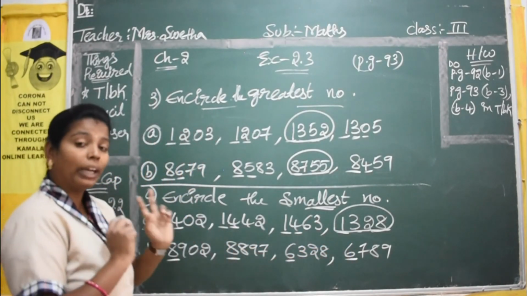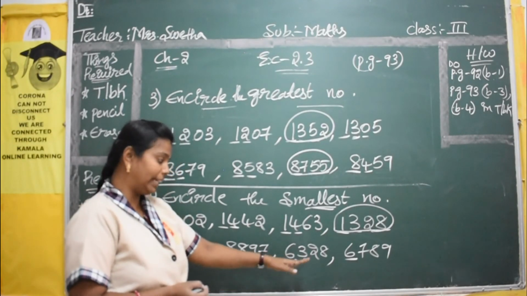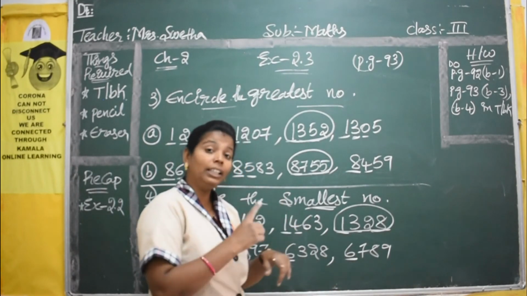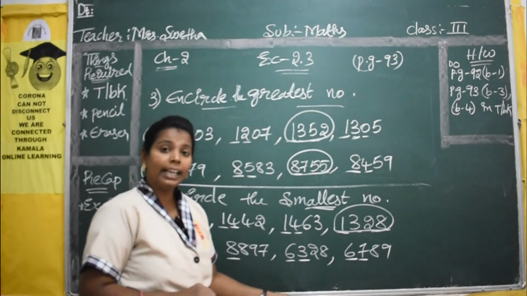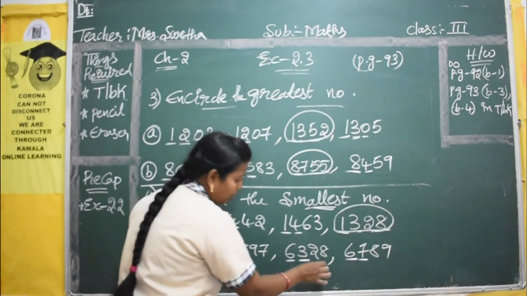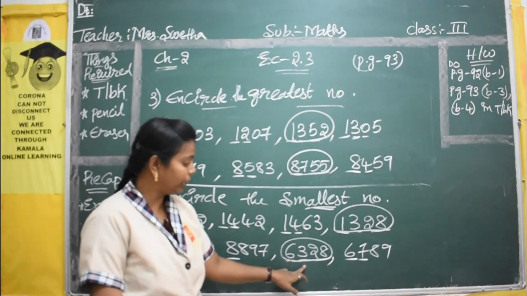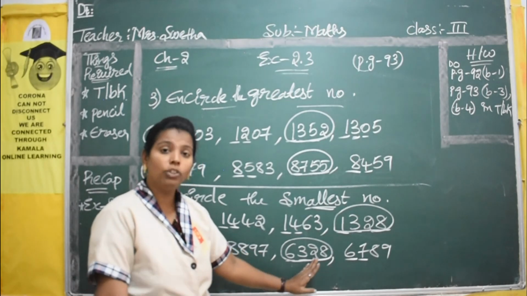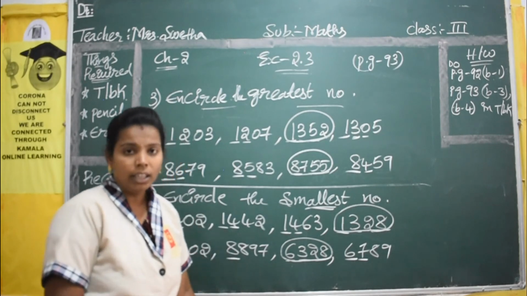In this, 2 8s are there, 2 6s are there. From this which is the smallest one? Yes, number 6. But in this again you have 2 sets of 6. So again you have to check the second digit. 3 and 7. Which is the smallest one, 3 or 7? Yes, it is number 3. So this complete set will become your smallest number. 6328 is your smallest number. And in your first one, 1328 is the smallest one.